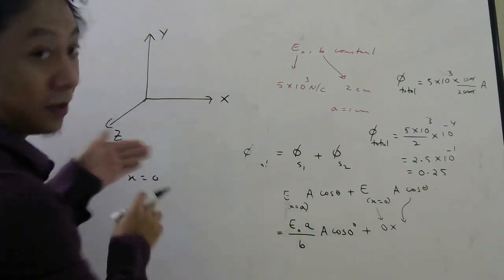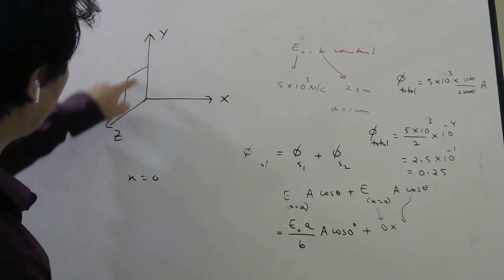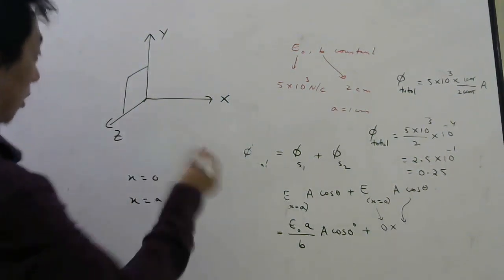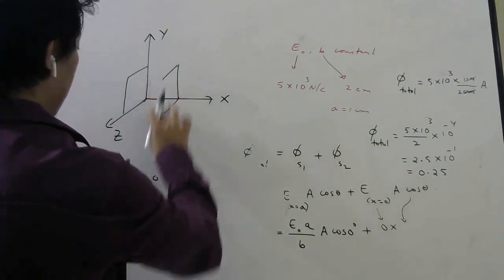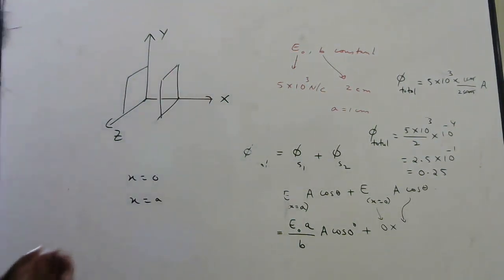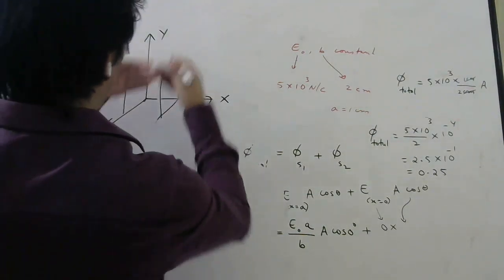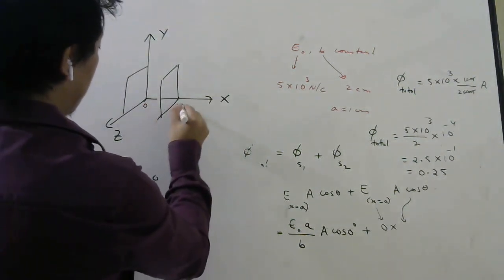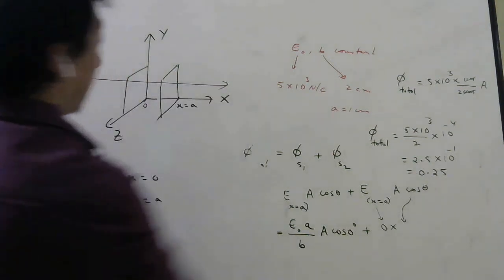So it is a plane. You have to draw it here only. All these points will have x equal to 0. Then the second surface is x equal to a. Where will you draw? Here. Understood or not? Then the other ones will be y equal to a, y equal to 0, then z equal to 0, z equal to a. Basically, this is x equal to 0, this is x equal to a. An electric field they told is this way.